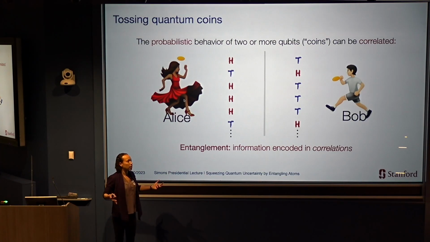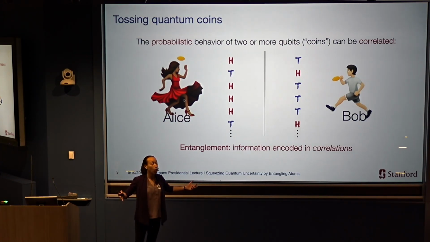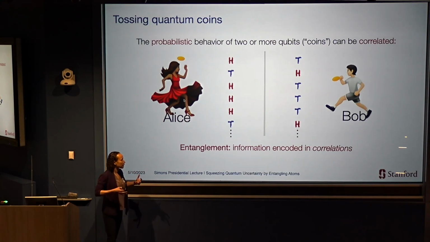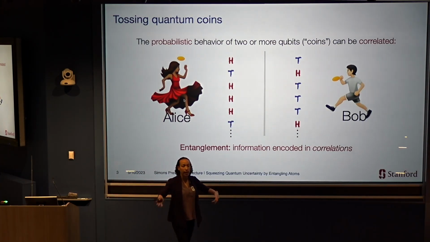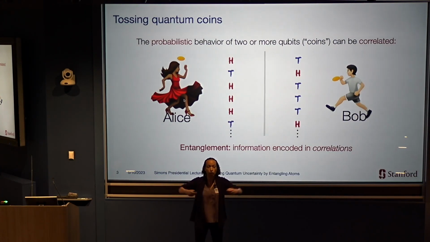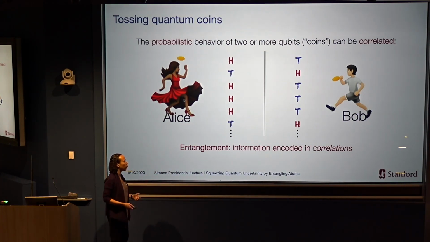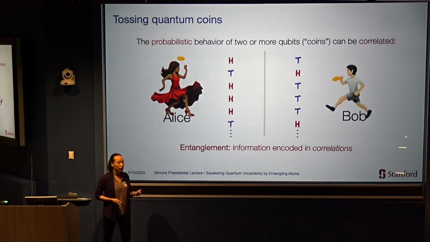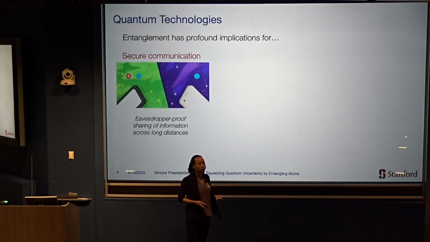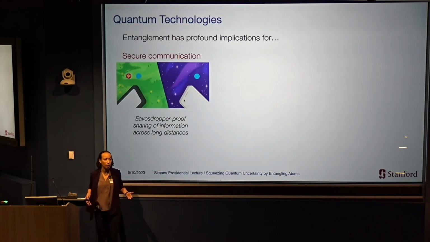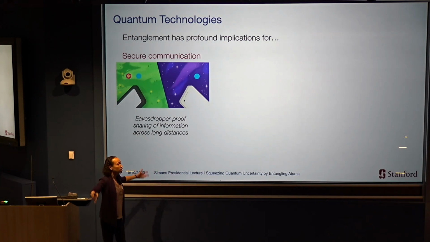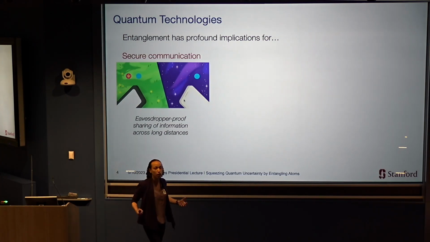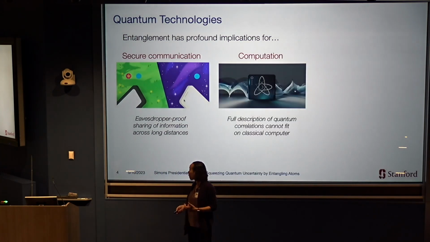So in quantum mechanics, there can be these correlations within the randomness, which we call entanglement. This phenomenon tells us that there's information that Alice doesn't have and that Bob doesn't have, but that's somehow delocalized between them, in this case distributed across this long distance from California to New York. So there can be information that's not local, but that's stored in correlations. And that has a number of profound implications for a range of different technologies that I think different lectures in this series might be telling you about. The fact that you can have information delocalized across a long distance can have implications for secure communications across long distances.